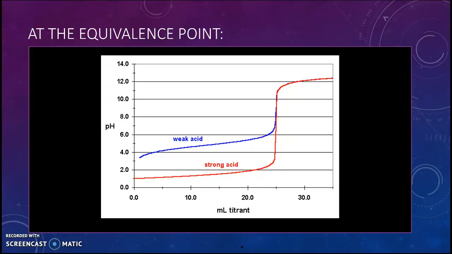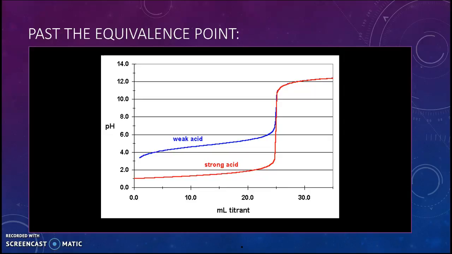All right, so now we talk about what happens after the equivalence point. Okay, so we'll see by this side. Now past the equivalence point, notice how these two match up. Okay, so once we get past our equivalence points, these two graphs match up very well together. And the reason for that is in this region, once we get past our equivalence point, what happens is we have excess hydroxide. And so the pH is determined